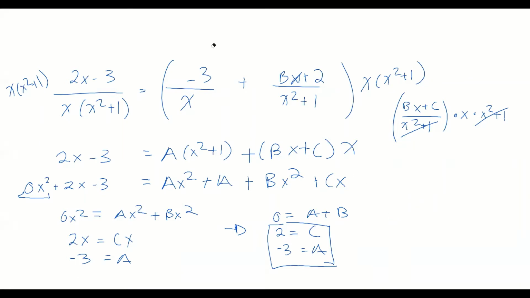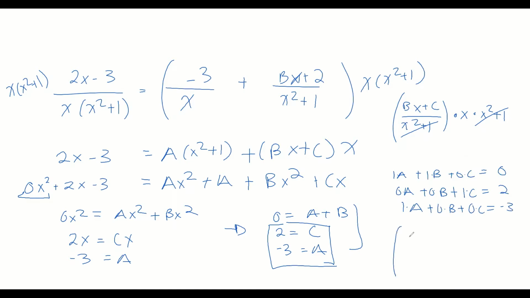You could consider these 3 functions as essentially being 1a plus 1b plus 0c is equal to 0. 0a plus 0b plus 1c is equal to 2. Just note that these are being multiplied. And then with that last one, 1a plus 0b plus 0c is equal to -3. And so then you could set this up as a matrix that looks like,